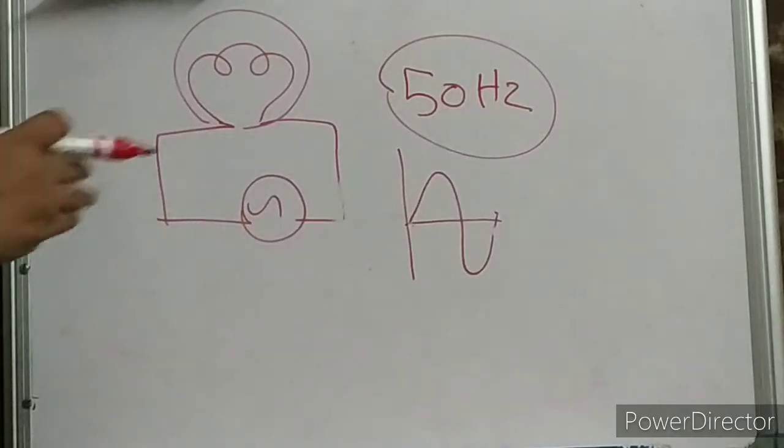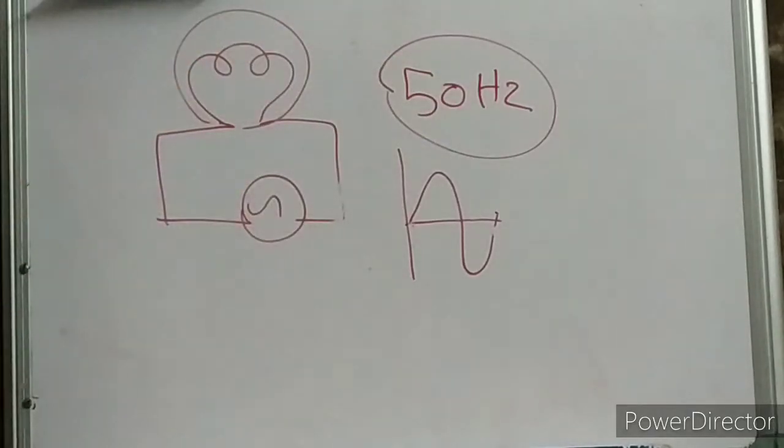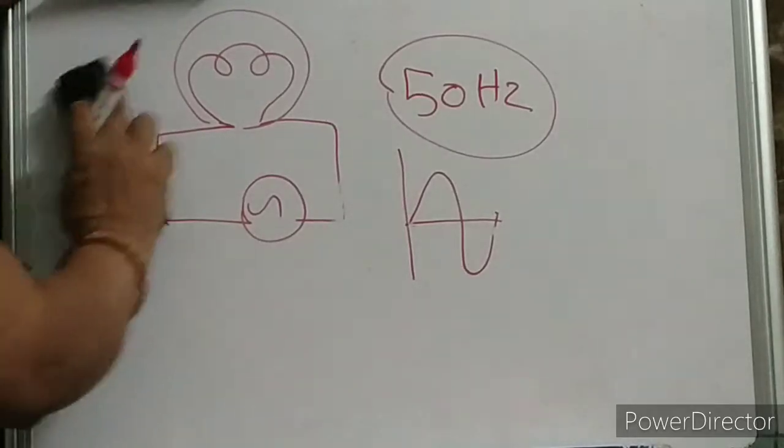In some countries it is 60 Hertz. In India it is 50 Hertz. That means your current is becoming 0, how many times? 100 times, children. Clear? Okay. 1, 0, 2, 0. So, I think it is clear what AC is. Then we will move to DC, children. What is DC?